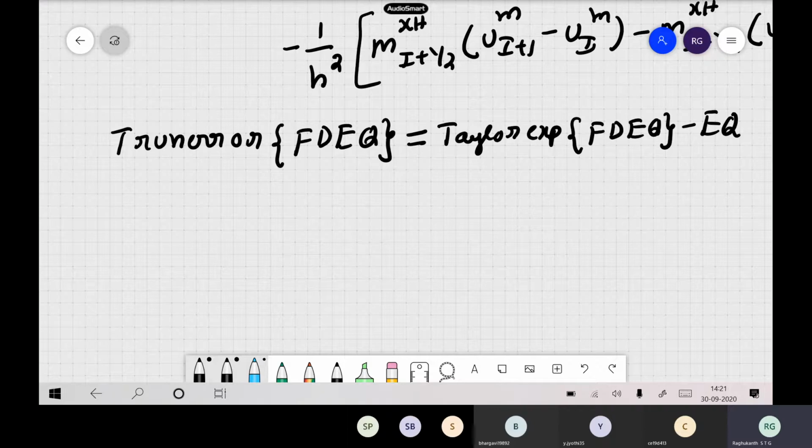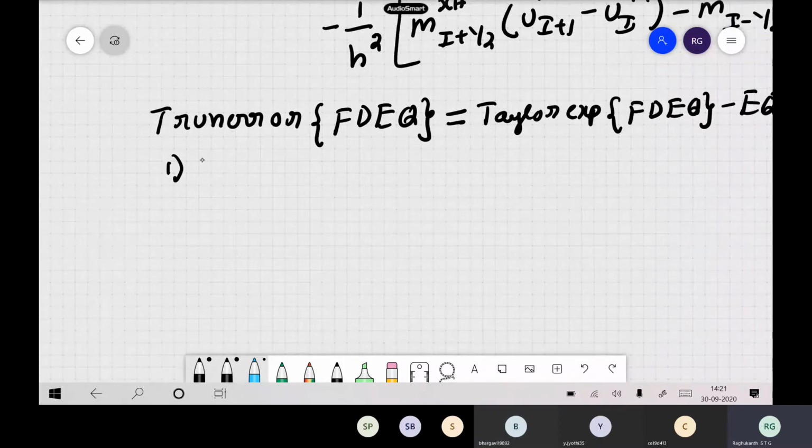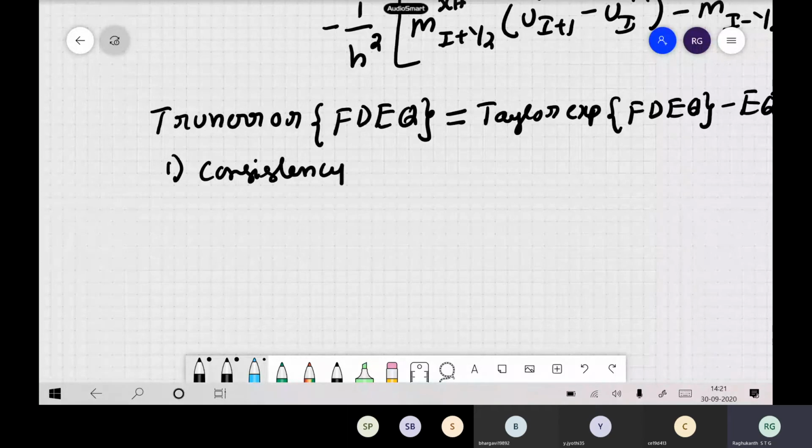Please be careful. What is convergence? Convergence is with respect to the final output. Whereas here, whenever you have anything, the first thing you have to check is consistency. You remember? This is the most important property, consistency. Convergence is with respect to the final variable. Finally, after solving everything, you will get a displacement only.